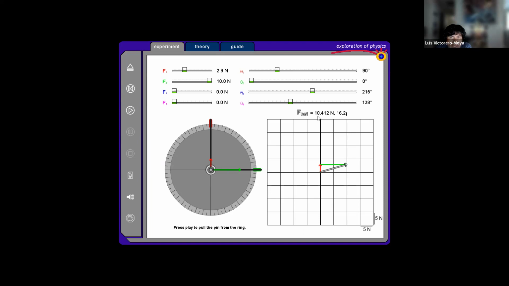The resultant of these 2 forces is 10.412 newtons at an angle of 16.2 degrees with respect to the horizontal, of course. So the third force that you will need to add to make sure this object is in equilibrium will be 10.42, well, in this case,